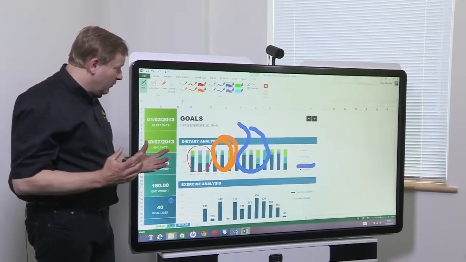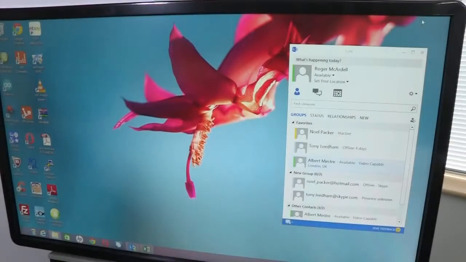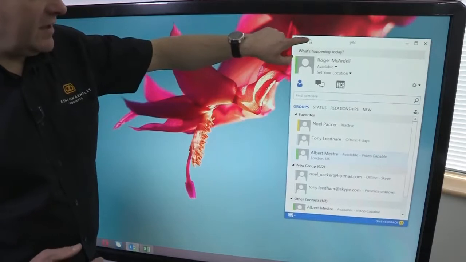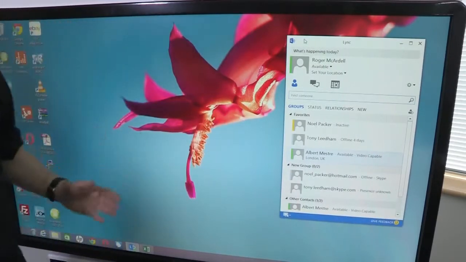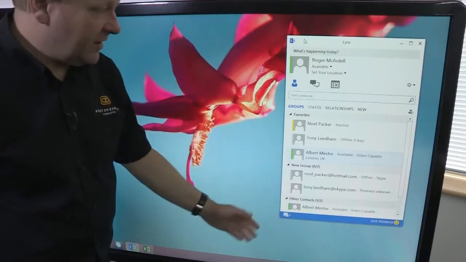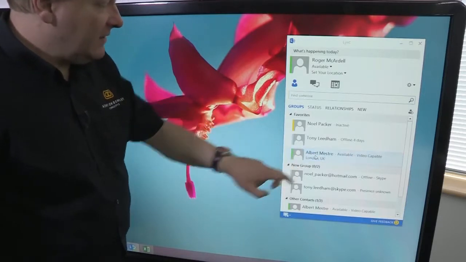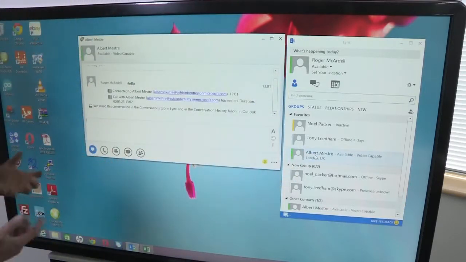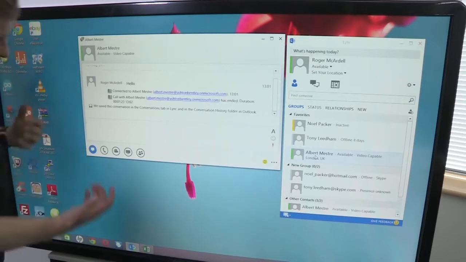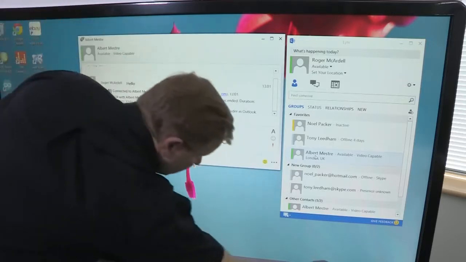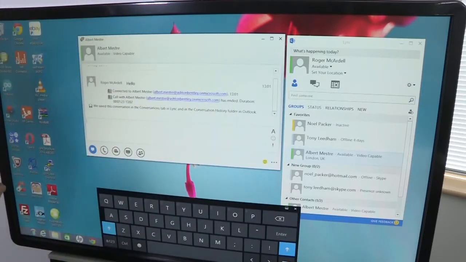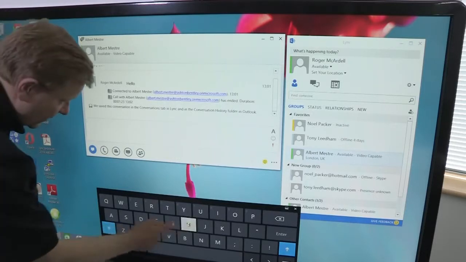Looking at Microsoft Lync, because this is my standard desktop, I have my Lync client in exactly the same format as it normally is on my desktop, and as you can see I have my buddy list down here as well. So in exactly the same way as I normally use Lync, I can send instant messages or set up video calls, etc. So I've just set up an instant message to one of my colleagues, Albert, who's based in Spain, and I can say